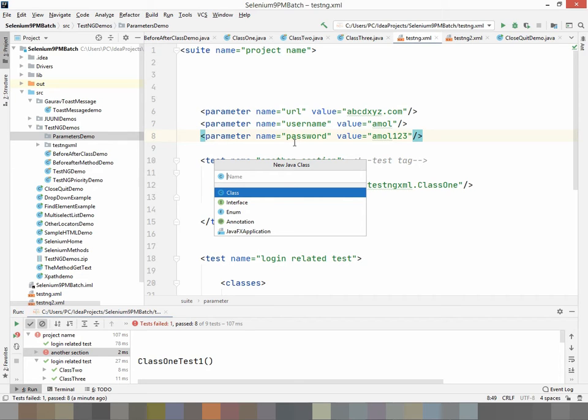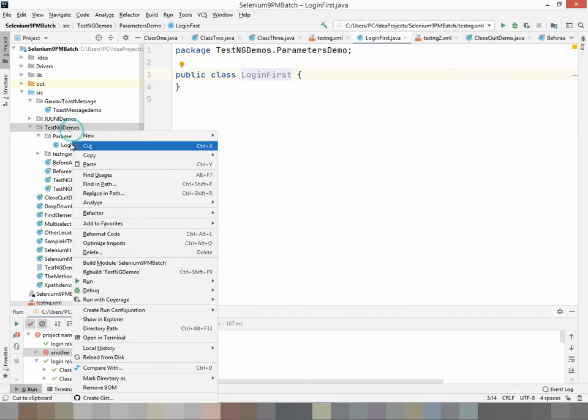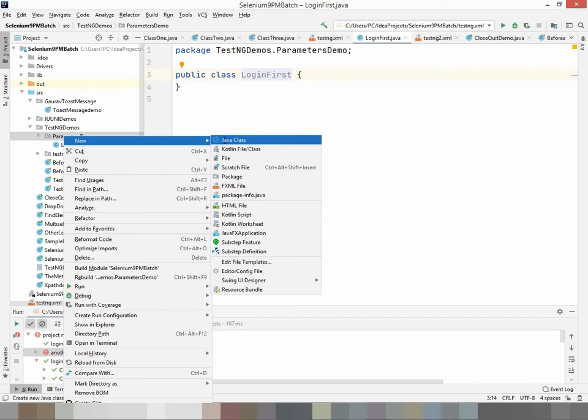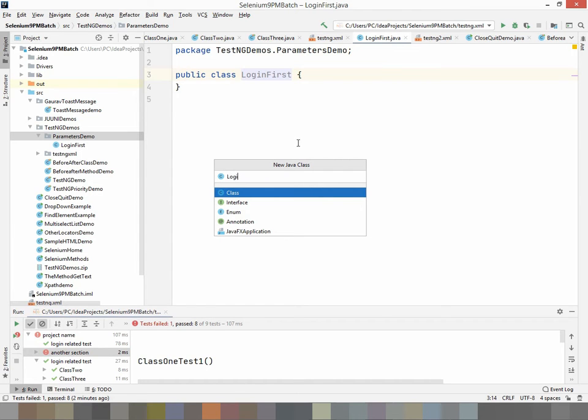Let's suppose login first. Okay, so this is one class. Then another class, let's say login second.